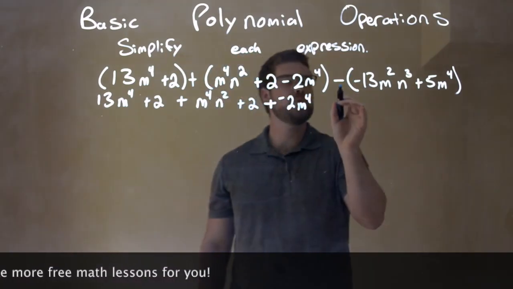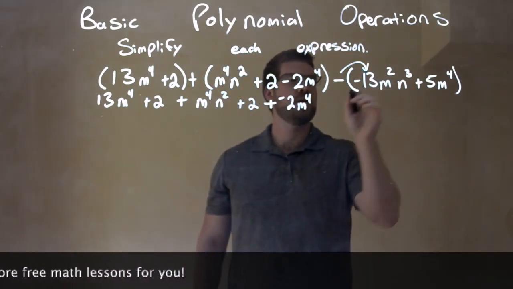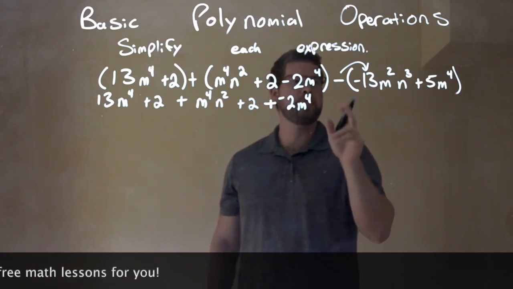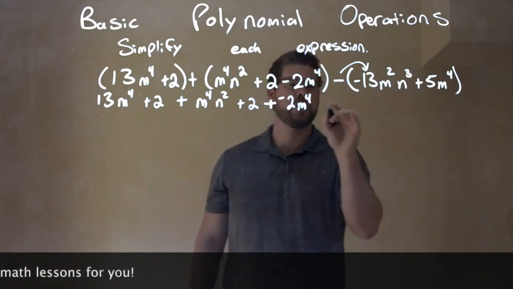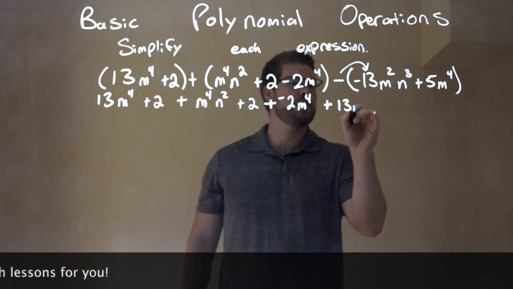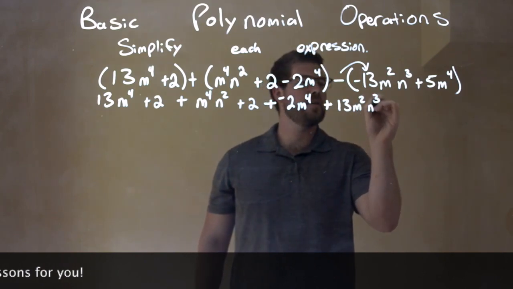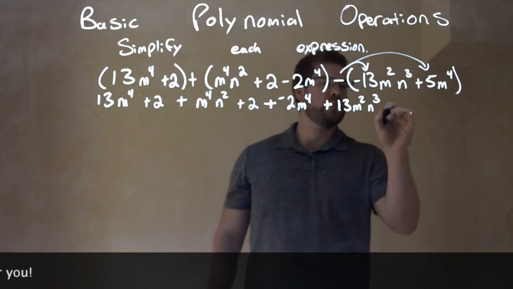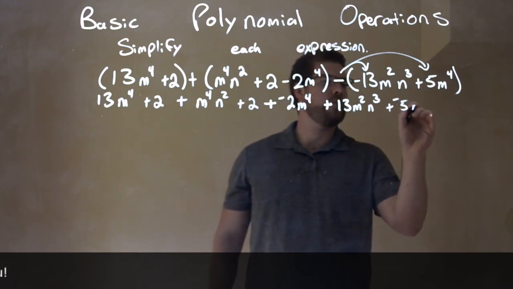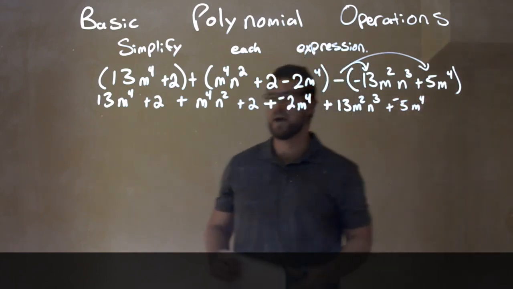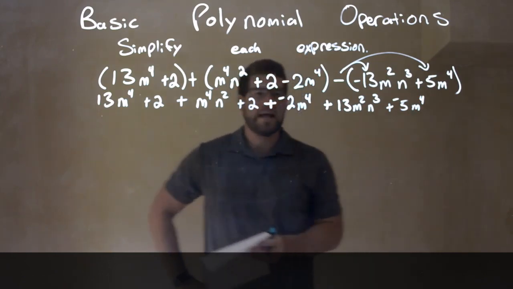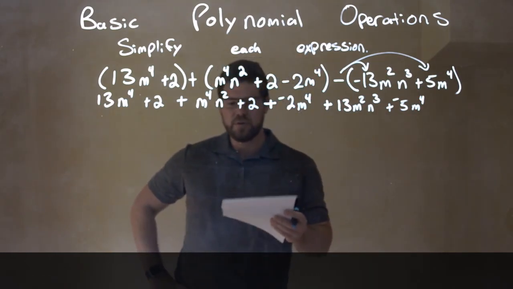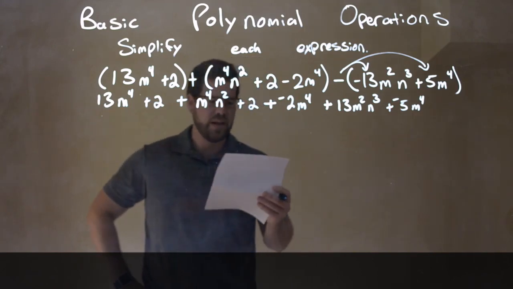Now we're going to distribute the subtraction sign to both parts here. So distribute the subtraction sign. A negative and a negative make a positive. So we have a positive 13m squared n to the third. And we distribute the next negative sign over, and we have plus a negative 5m to the fourth. Okay. So the way I'm going to organize this, and it's really up to you how you want to do it, and in the order here,